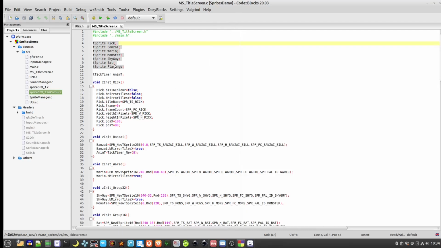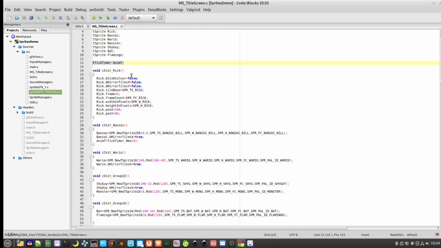And then all we're doing in here is we create some T sprites to hold our characters. We have one animation timer to handle the animations for all of the sprites except Rick. So I deliberately had the initialize code here for Rick, not using the sprite new functions. So you can see me individually setting all of this up. Obviously this takes up a lot more memory doing it like this, so it made sense to create a function